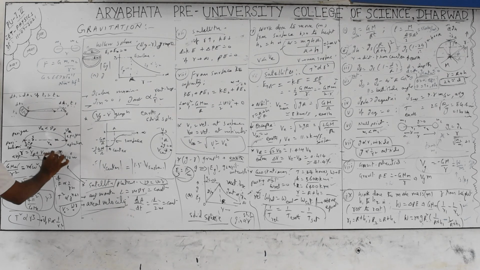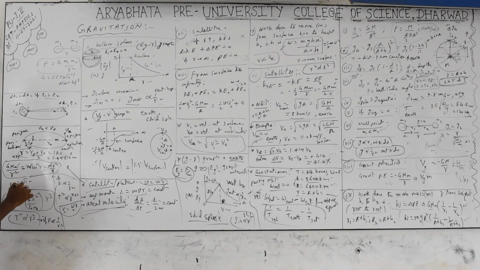This is only for the earth. For any other case it is applicable, but it is not 1 astronomical unit. Using this average R, we take the formula for circular motion, where the centripetal force is provided by the gravitational force of attraction. So the gravitational force GMm by R square equals m omega square R or mv square by R. You can take it for satellites. If you consider the orbital velocity, V becomes VO and omega becomes omega O. Mass cancels, so the mass of the planet is immaterial for us.